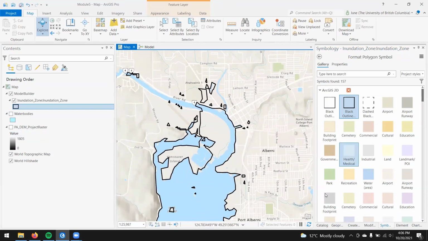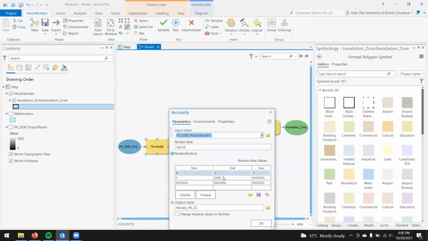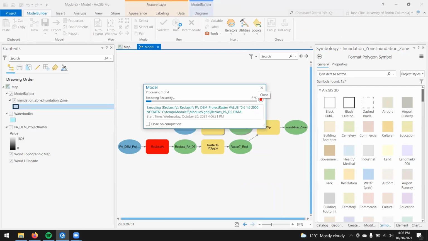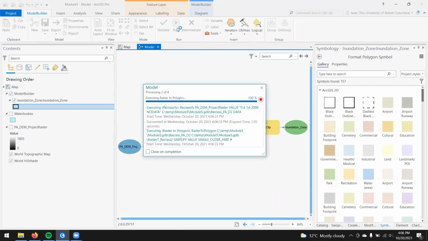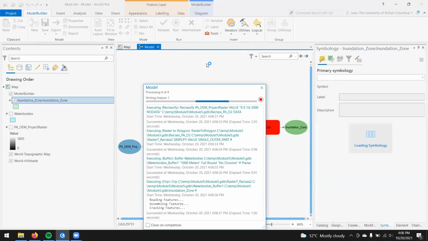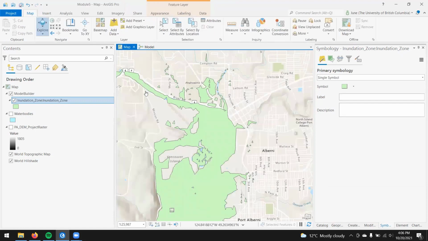So I'll have you all play around with that. And again, one of the nice things about the model is it's really easy. Say you want to up this to 6, change this to 6, run it again with just one little thing tweaked. You can very easily do that. It doesn't take hardly any time at all. Much nicer than having to try to string together all the things that you had done in a point and click fashion, right? And so this is what it looks like if you change the elevation by 1